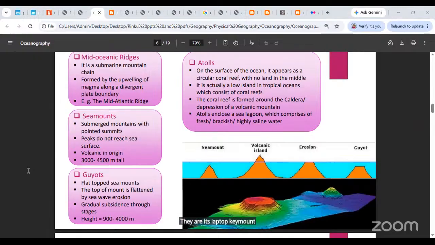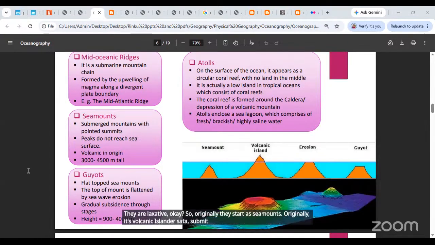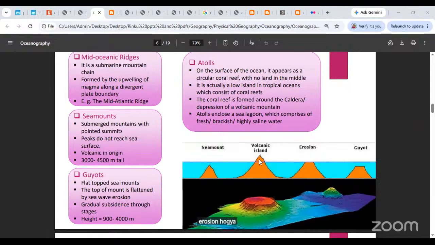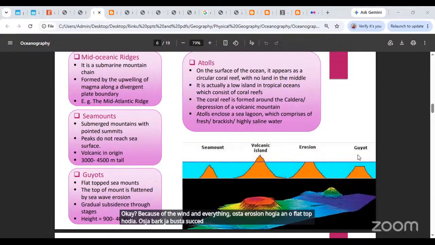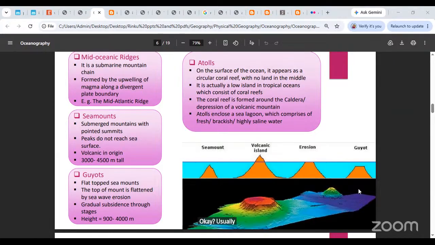Okay, तो originally they start as sea mounts, कि originally एक volcanic island जैसा था, सब नीचे सबसाइड हो गया। ओके, लेकिन जब वो ऊपर थे ना, when they were above the surface of the water, तो यहाँ पे उनका अच्छा खासा इरोजन हो गया। दिख रहा है यहाँ पे, इट स्टार्टेड आउट एज अ सी माउंट, फिर और बढ़ गया तो वोल्केनिक आइलैंड बन गया। तो ये ऊपर का जो वोल्केनिक आइलैंड था उसका इरोजन हो गया और वो फ्लैट बन गया। ओके, बिकॉज ऑफ द विंड एंड एवरीथिंग उसका इरोजन हो गया और वो फ्लैट टॉप बन गया। उसके बाद जब उसका सबसिडेंस हो गया तो वो नीचे चला गया और अभी आपको नीचे ऐसे फ्लैट टॉप माउंट की तरह नजर आता है। ओके, तो उसको बुलाएंगे गियो।